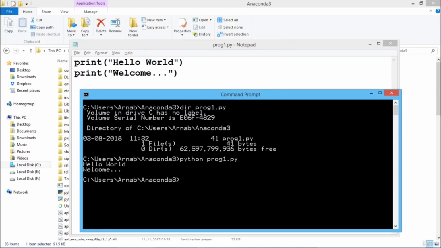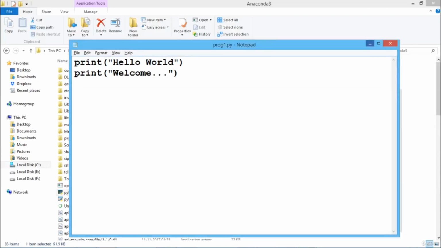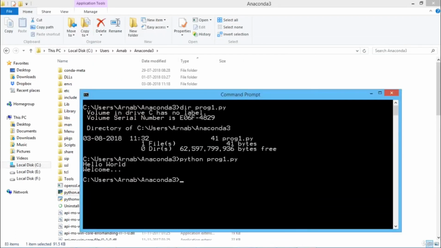So this is the mode known as the script mode, where we can type our code, and this mode is used to execute the Python program written in a file. We are executing it using Python and the file name, and you can get the output here. So this is the program we wrote, and there is the respective output we are getting.